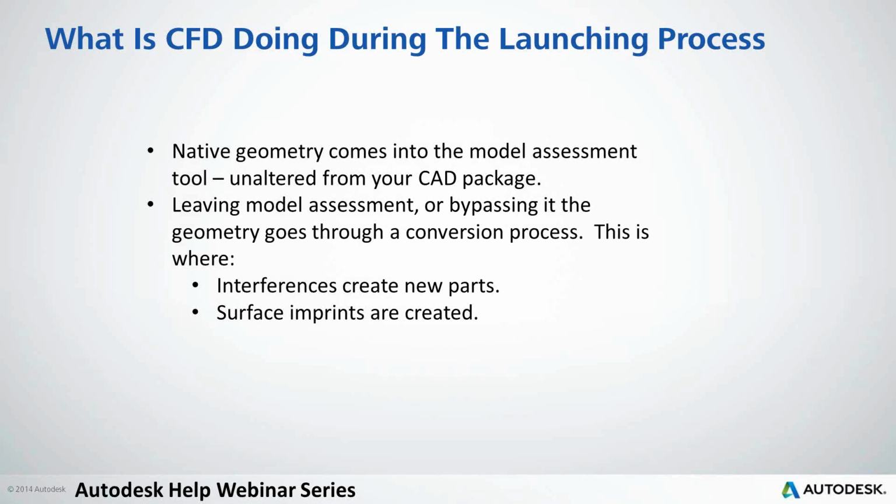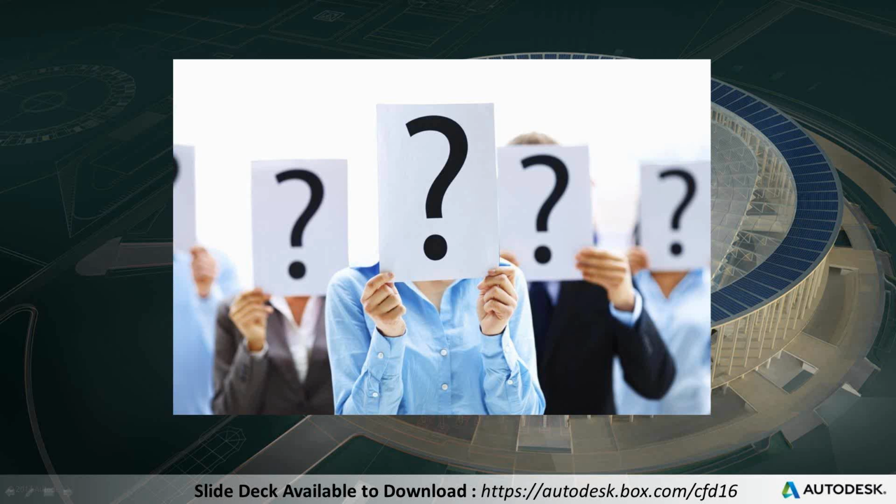I have kind of an interesting thing to show in my little demo here, trying to show where we might have problems with the surface imprint, but it may not necessarily be there because of the way that it does a search. But I'll get into that in a second. Before we hop into questions, let's